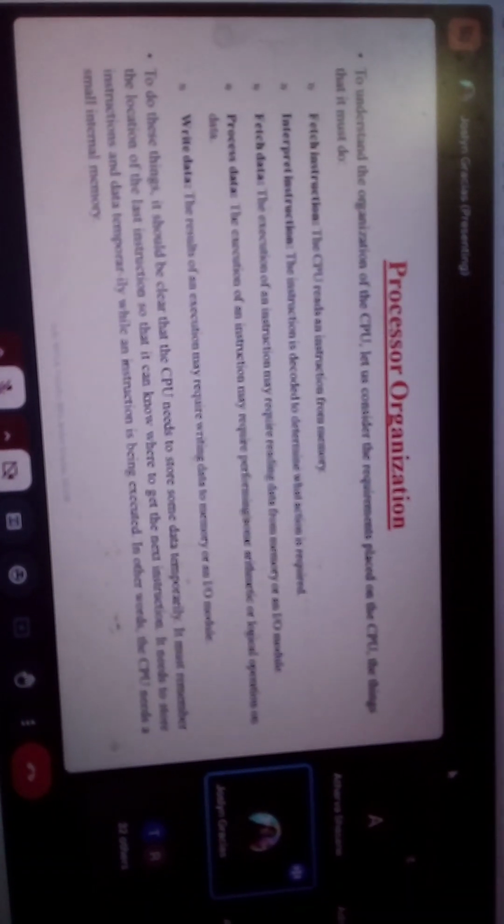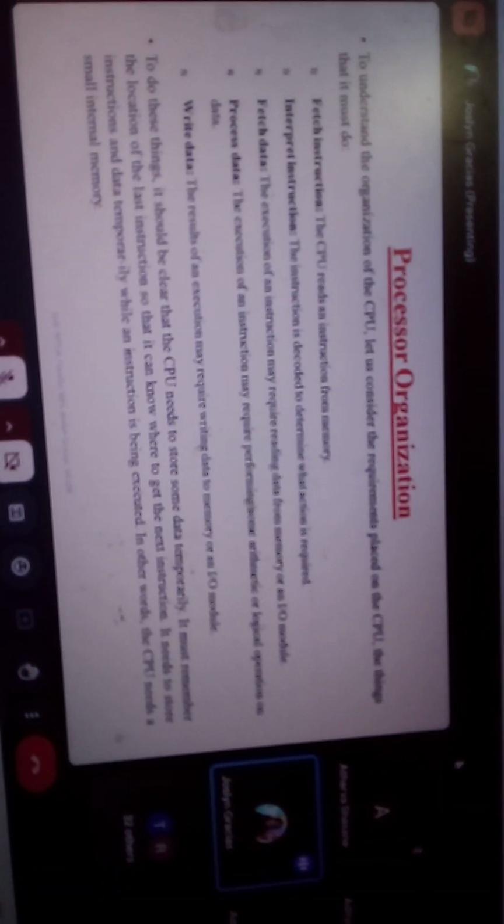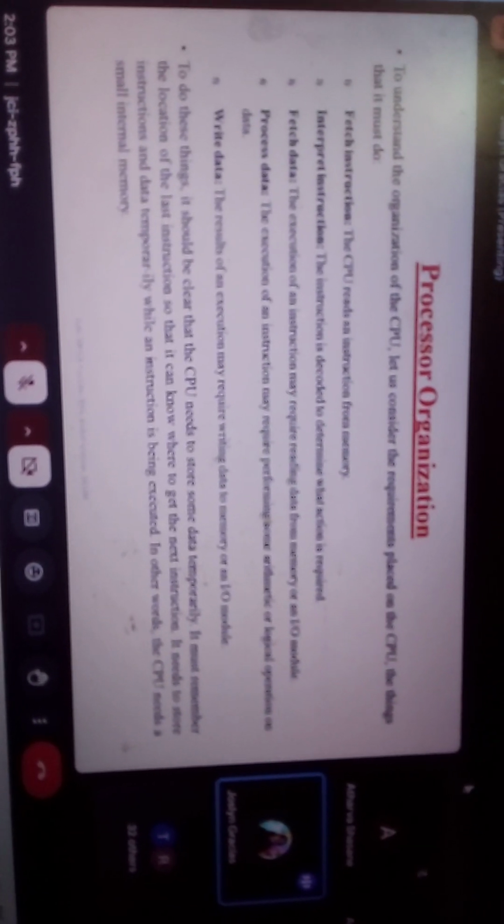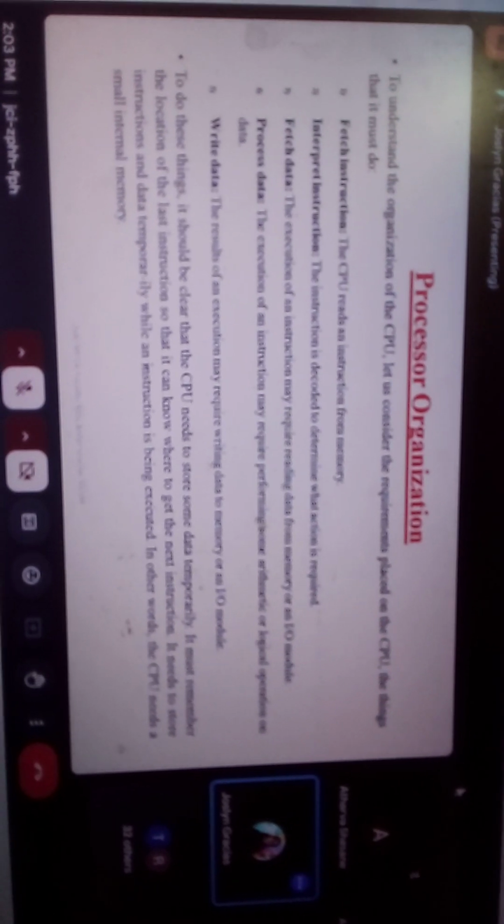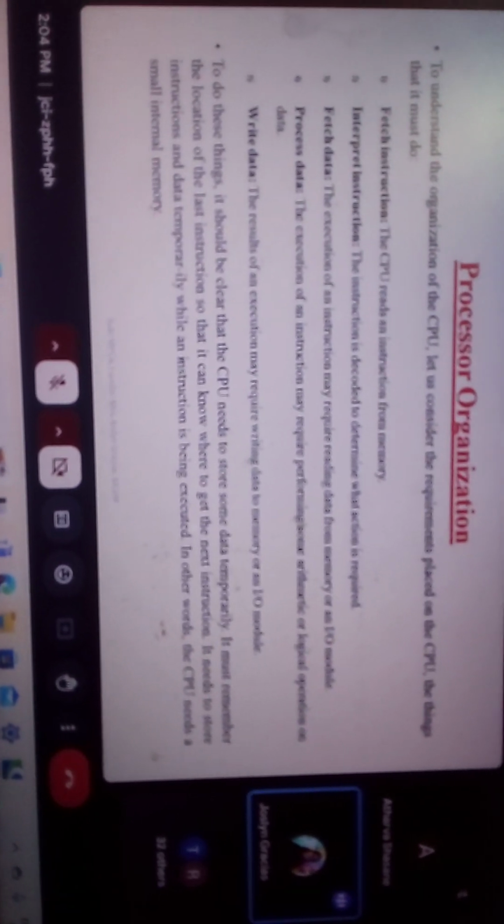So if I want to read the content of a and b, that means पहले उसको समझना पड़ेगा. Understanding a comma b becomes decode. उसके बाद it has to read the data. So to read the data means fetching the data. You fetch the data of A, fetch the data of B. After you fetch the data, process the data. Okay, process the data मतलब A and B मिल गया, अभी उसको add करके result बनाना है. So once the result is ready, you give the data to your output. मतलब जहाँ पे भी आपको लिखना है output, that is your write data. So you have to give your data as the output. Is it okay?